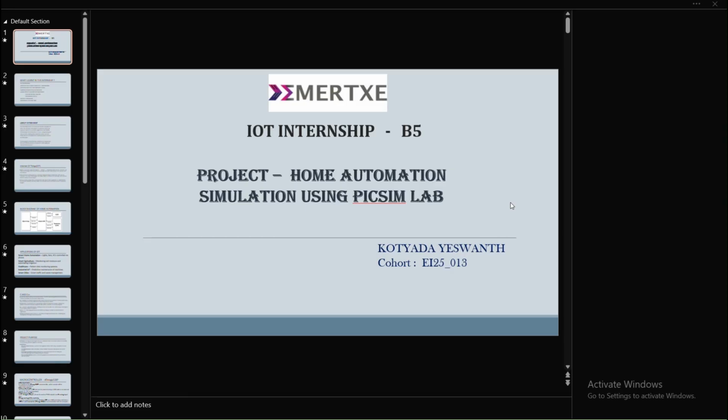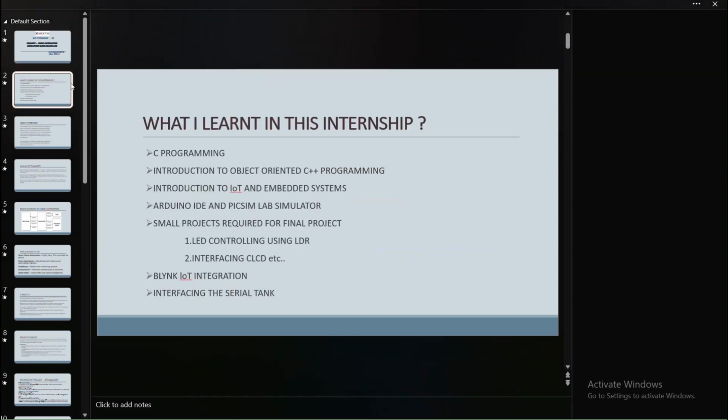Today, I want to tell about the project I developed in my internship, that is home automation simulation using PICSIMLab. I have learned a lot, and I want to present a PPT, slides and simulation through my project. So going to the next slide, it is about what I learned in my internship: programming in C,